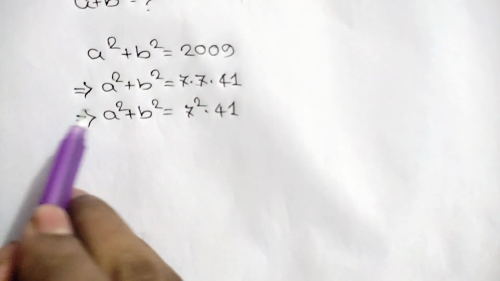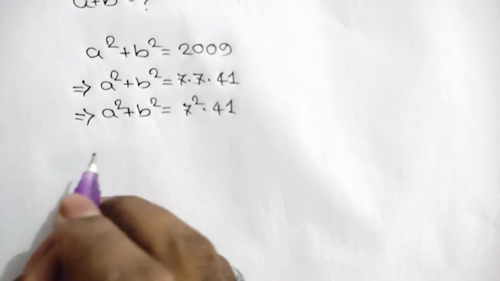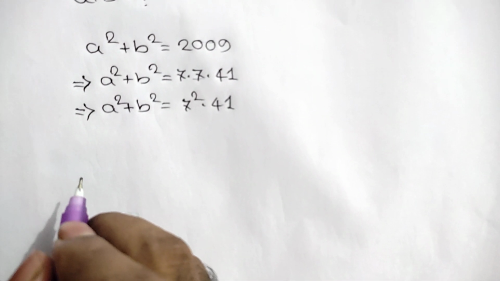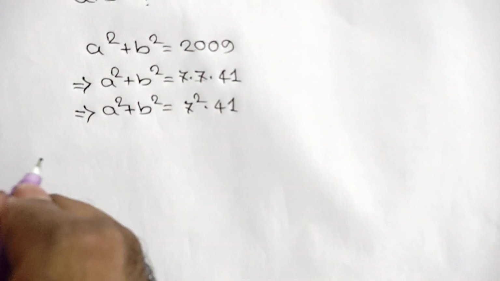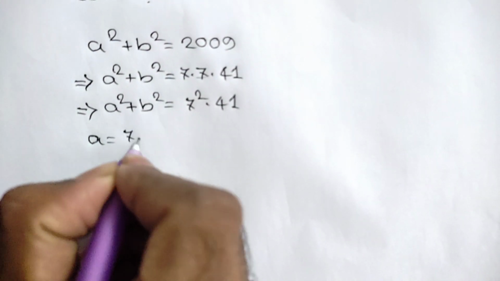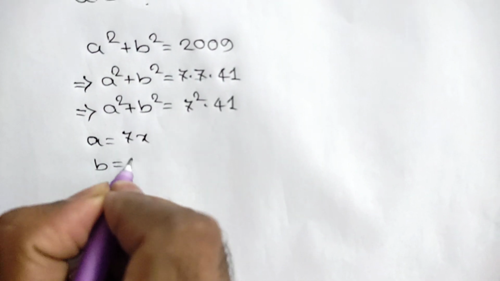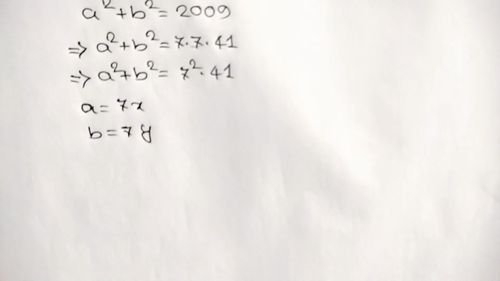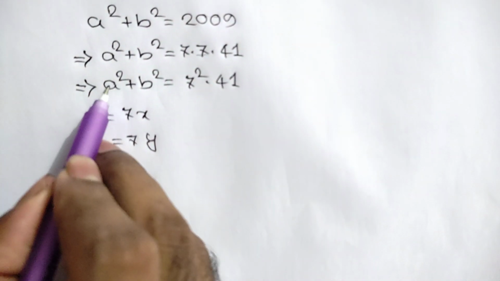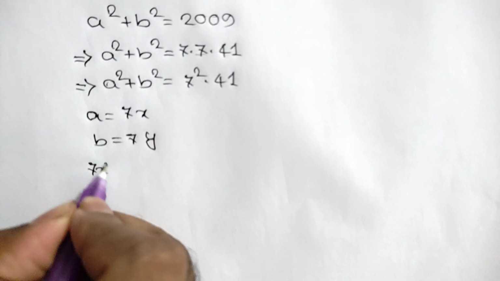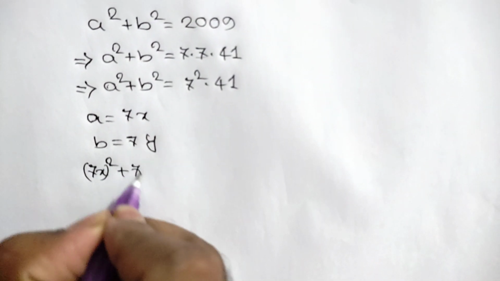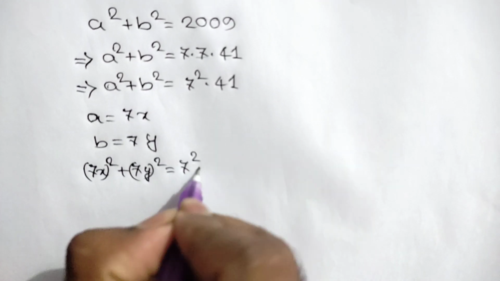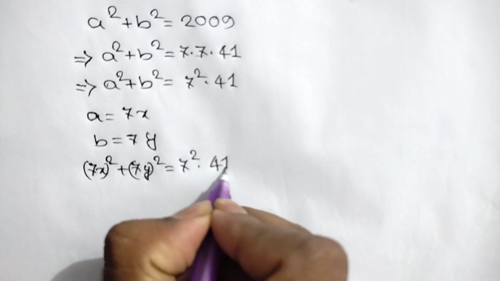Now the sum of two square numbers is a multiple of a square number, so both a and b are divisible by 7. So consider a is equal to 7x and b is equal to 7y. Now substituting this a and b, we can write here 7x square plus 7y square is equal to 7 square times 41,